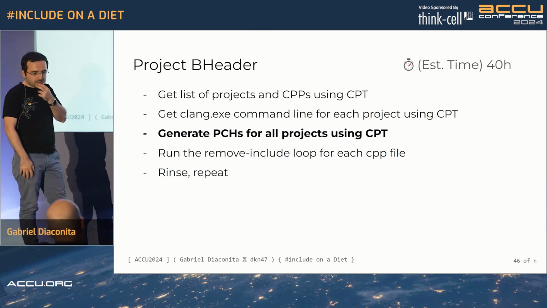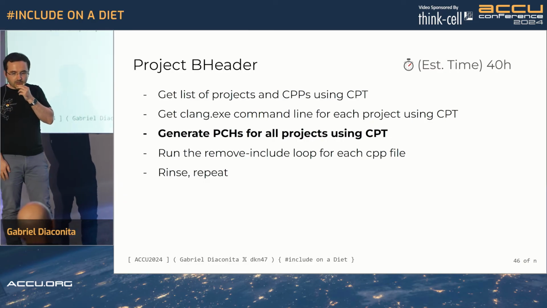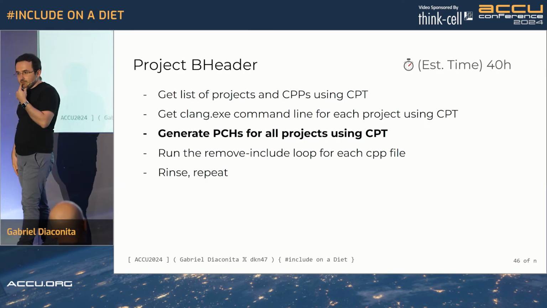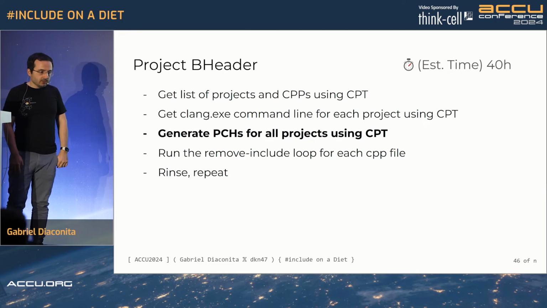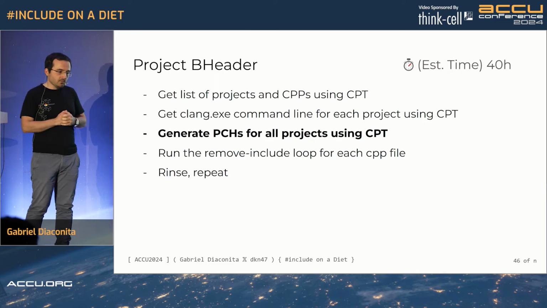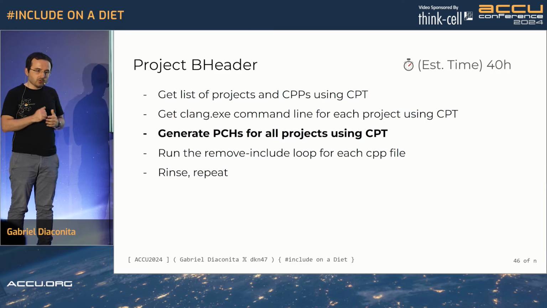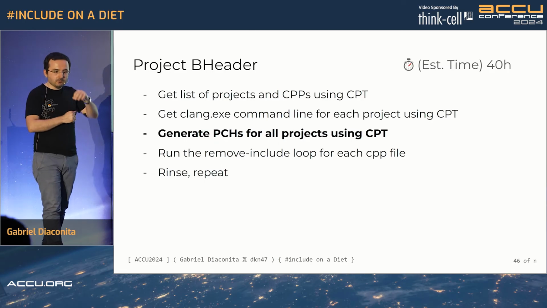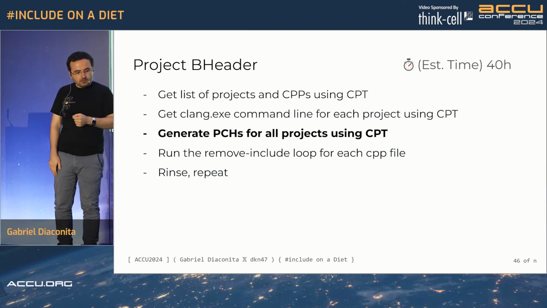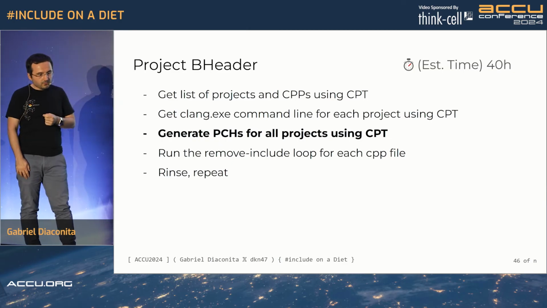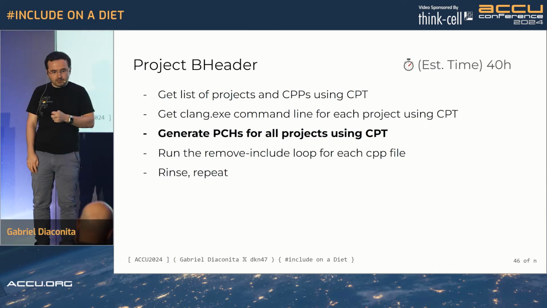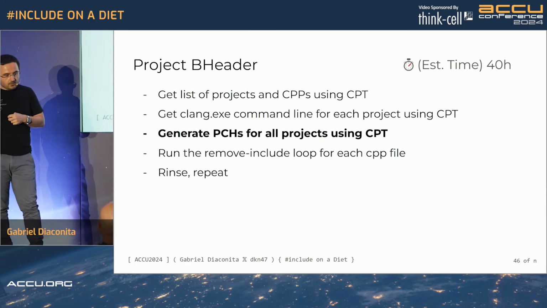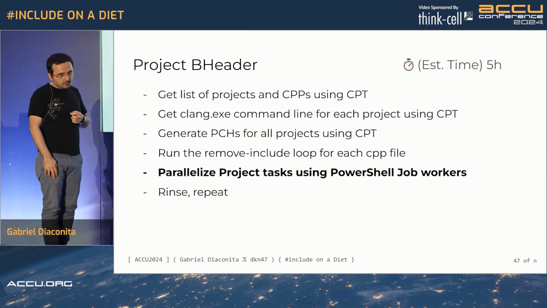Afterwards, after running some tests, we noticed that we would gain some time by using precompiled headers. So we did that. Clang Power Tools supports precompiled headers. We told it to generate them once at the beginning for each project, leave them in place, and every time we go over a CPP file, make use of that PCH and improve our compilation a little bit. This reduced our estimated time of completion to 40 hours. But still, it was better